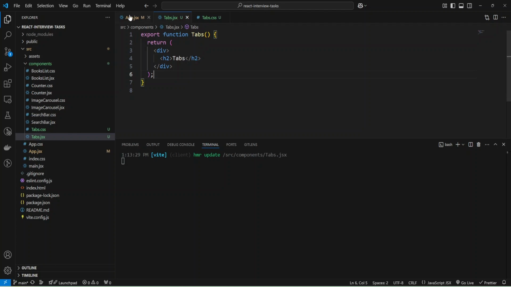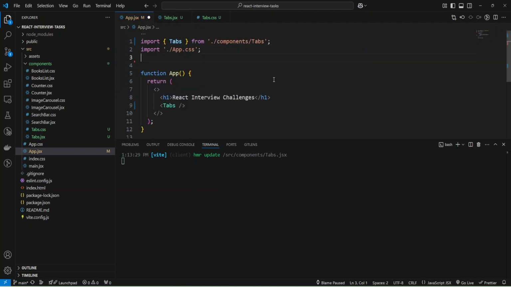And for that, I'm going to create an array, and it will be an array of objects.